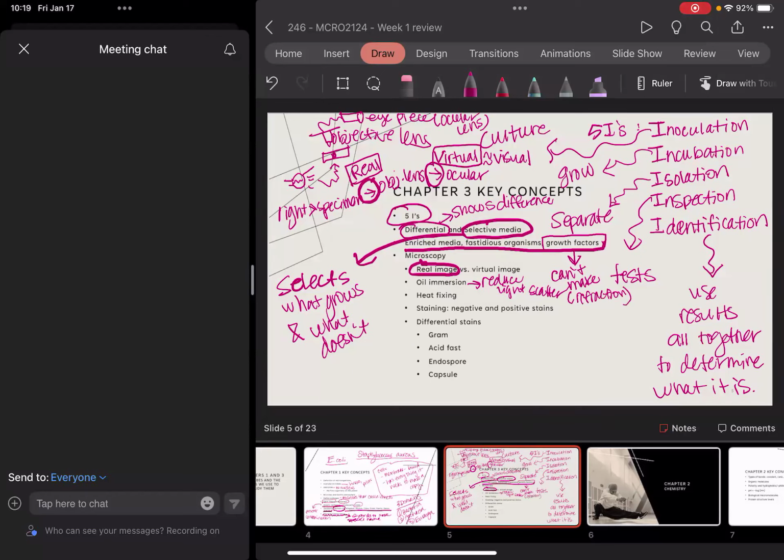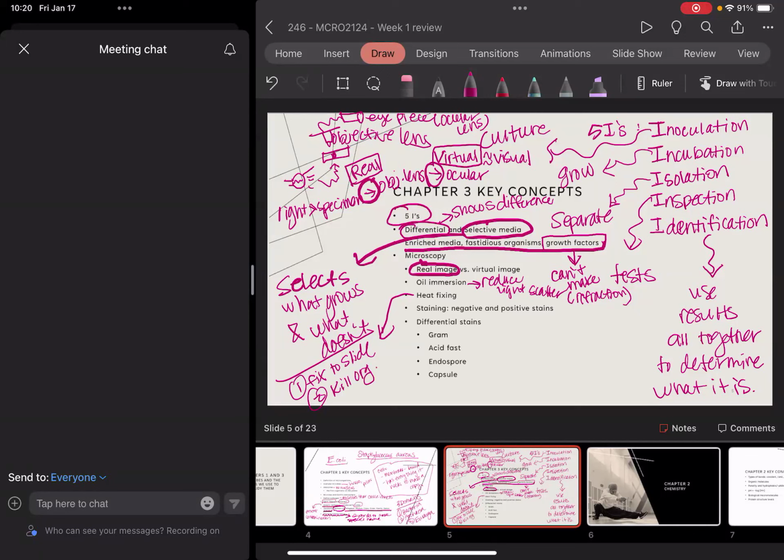Okay. Heat fixing is just a way that we would be using heat to literally fix. I mean, it says it in the name, right? Heat will literally fix your sample to your slide. It'll also kill that organism. So those are probably the two big things that we need to know about heat fixing, which would be, one, it's going to fix it or adhere it to the slide, and two, kill the organism